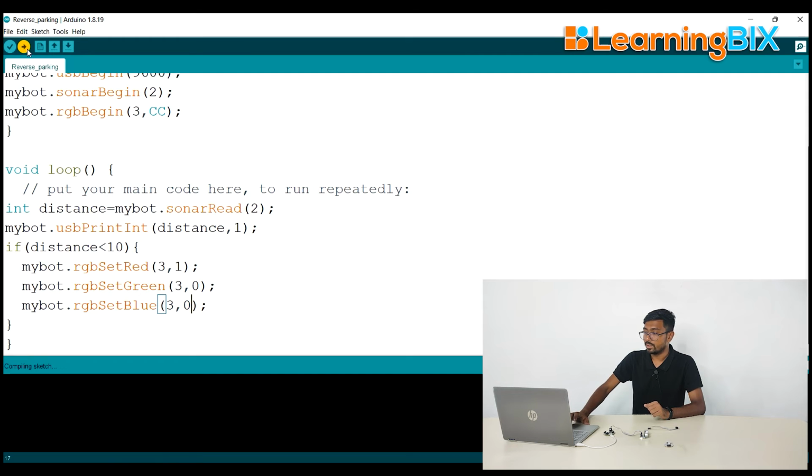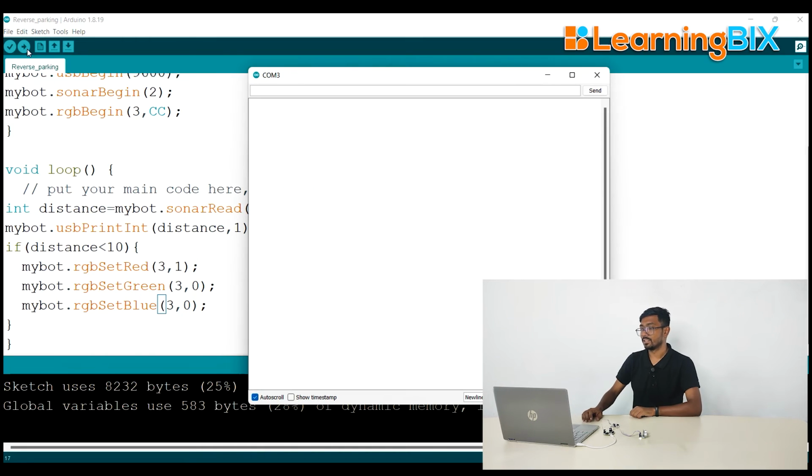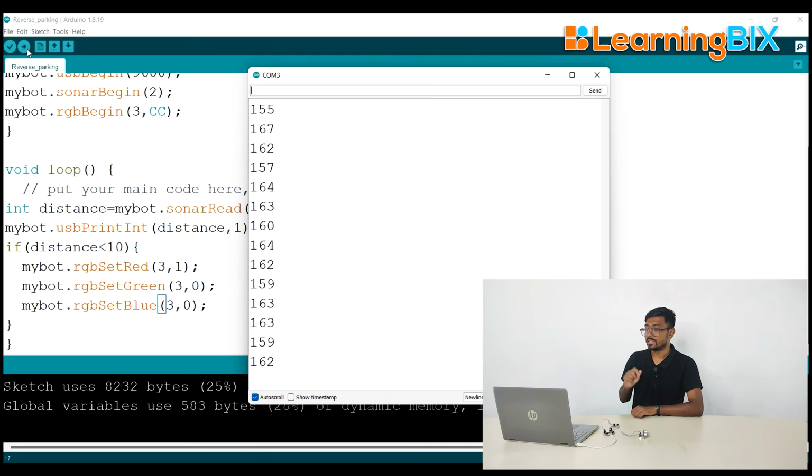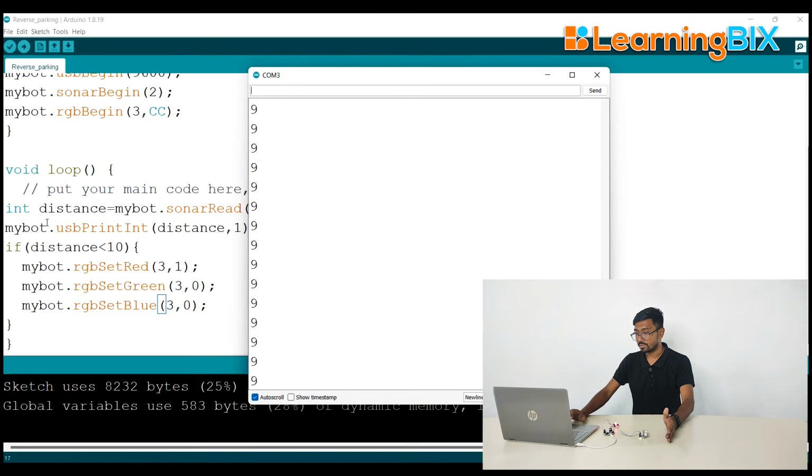So let's upload the code and let's connect the snap wire to our port number 3. Over here, let's also turn on the serial monitor by using the shortcut Ctrl+Shift+M. Now the distance is very high, that is your 160. Let's say it's 26 or 27. Take it closer. So we have to make the threshold as 10. So let me take it even closer. Here you can see, as it turns to 9, which is less than 10, the LED turns on,